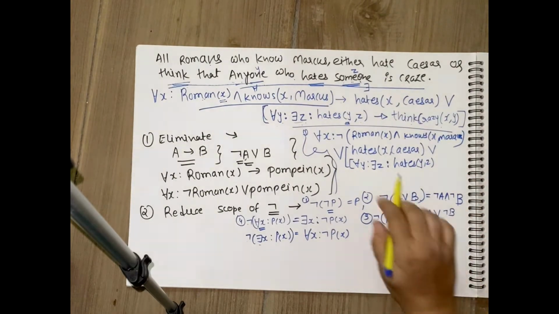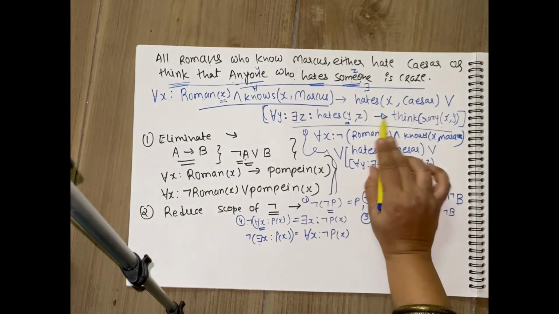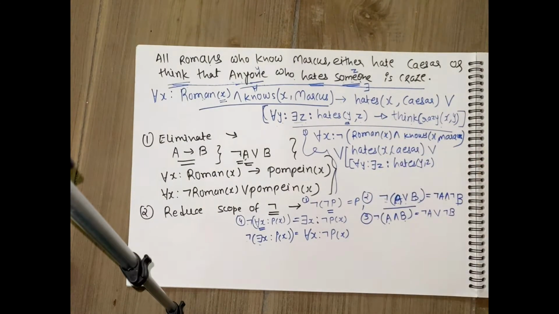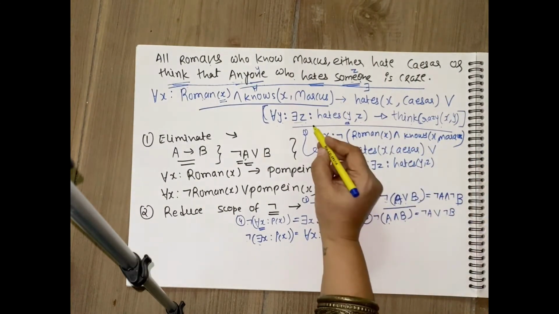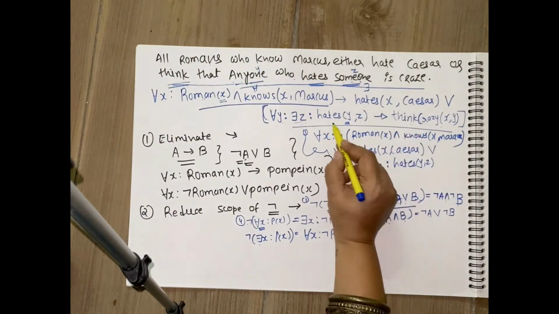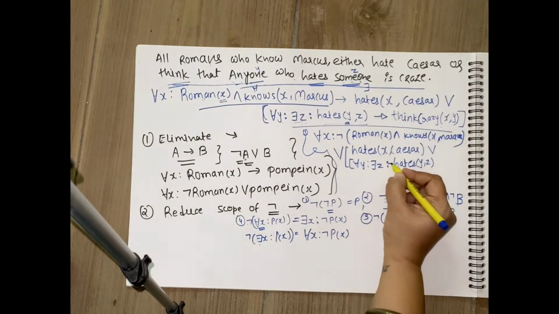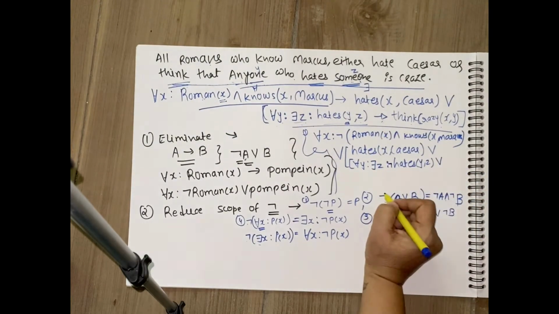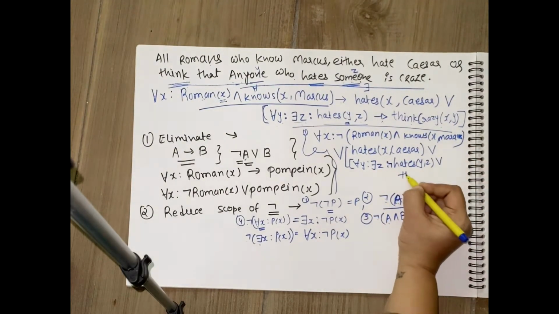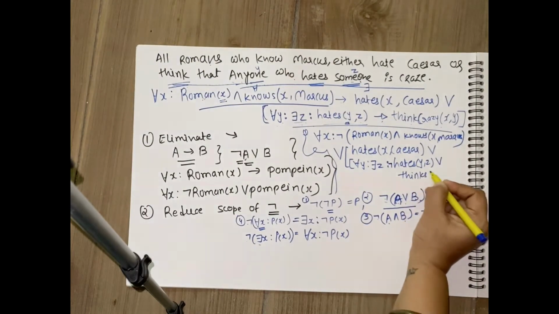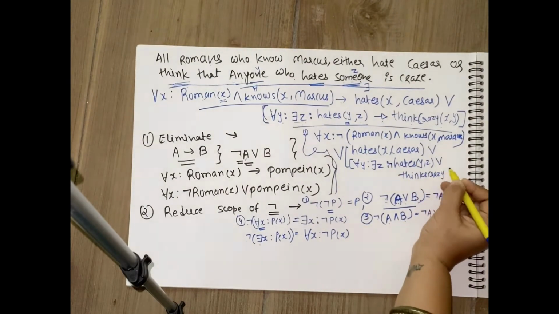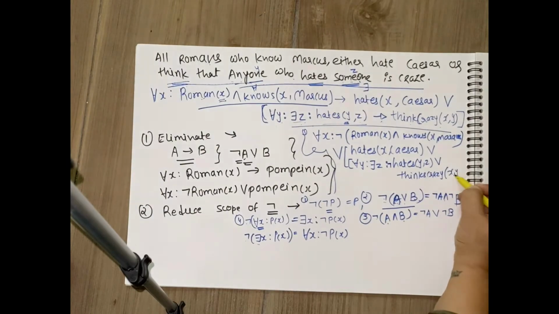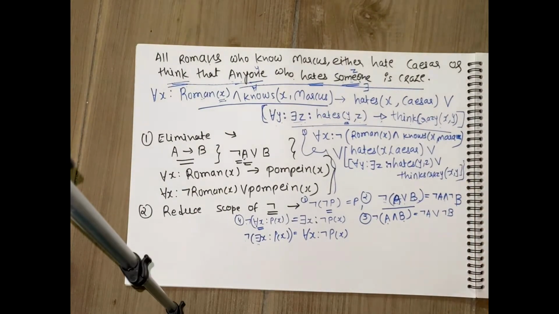Now see, again over here you are having implication, so this implication needs to be eliminated once again. So what happens if you eliminate this implication? The left hand side should be negated, so this is negated and implication will be converted to or. What is the right hand side? Thinks crazy x comma y. So I am closing over here two brackets.